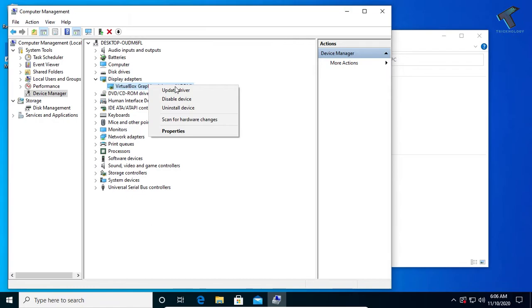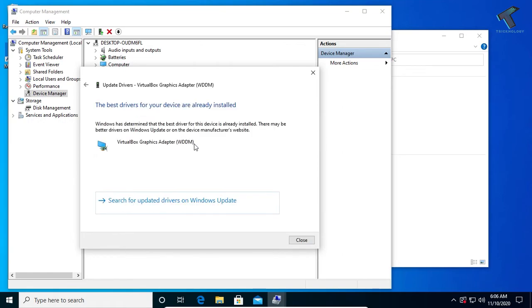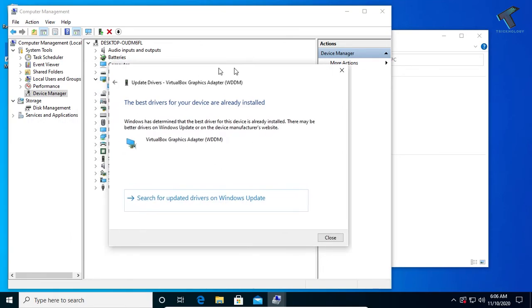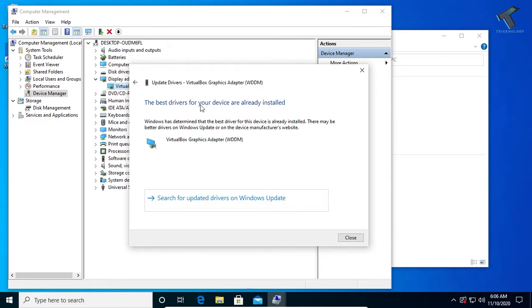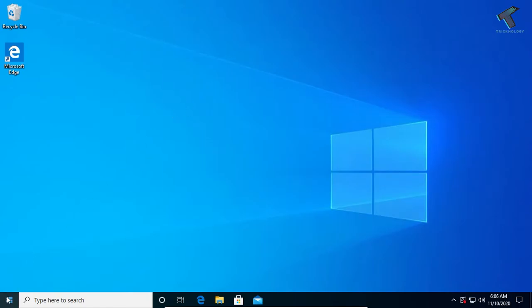Now right click on your display adapter and click on Update Driver. Click on Search Automatically for drivers, and it will search from the internet. So as you can see, I am already using base driver. So just close this window after update, and now you have to go to your start menu